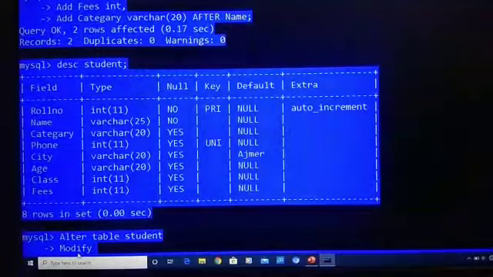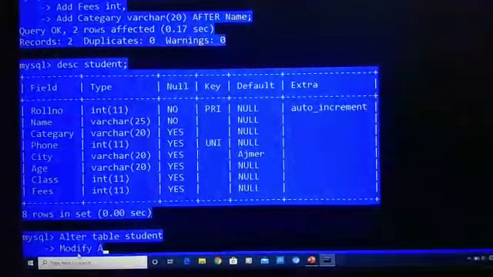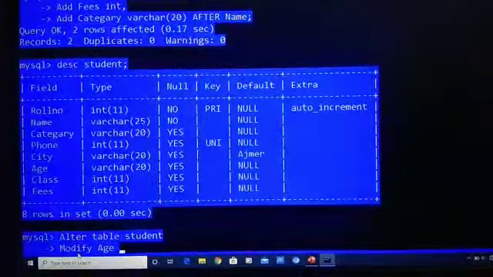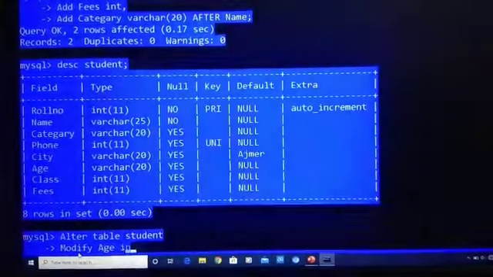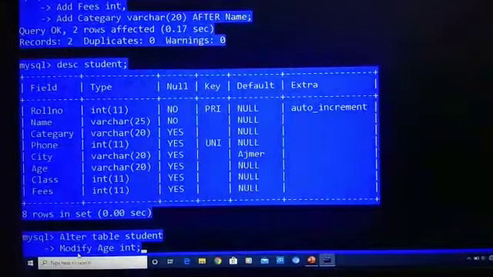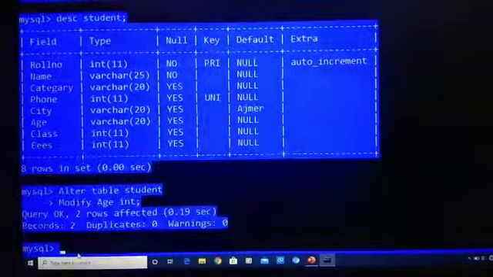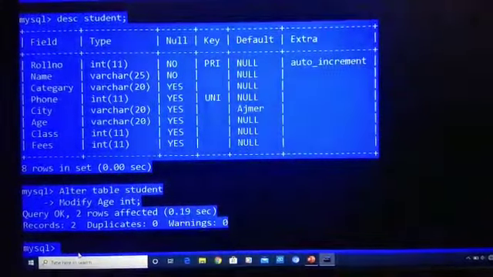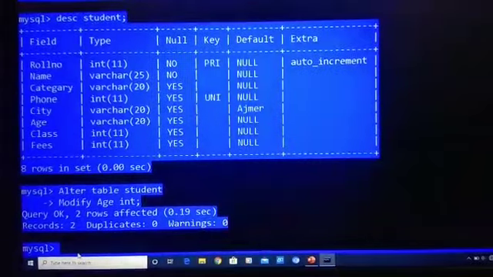We want to modify the age column, so we will write our column name age, and we want to change its data type to integer. Is it clear? Press semicolon and enter. Query okay. So the data type of the age column in your database has been changed.